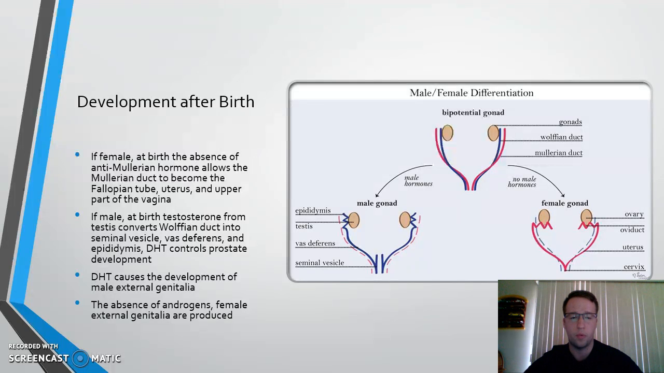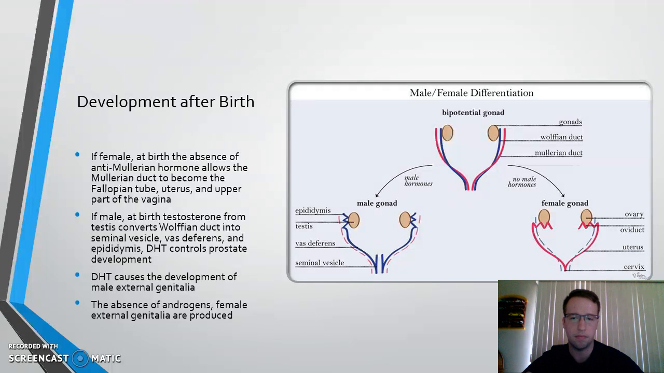And everything that would be present at birth is because of all of the development throughout those last two cycles, at the 6-week and 10-week mark. The female will have the absence of anti-Mullerian hormone, because that allows the Mullerian duct to become the fallopian tube, uterus, and that part of the vagina. At birth, for the male, it'd be